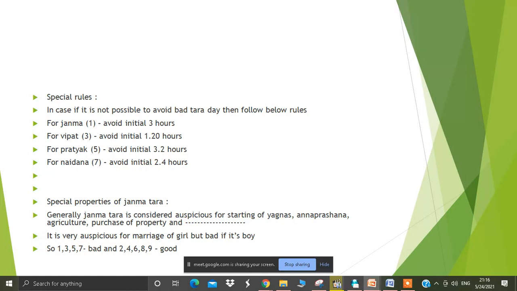So is it because Lord Rama was born in Pushya? Lord Rama was born in Punarvasu or Pushya? Lord Rama was born in Punarvasu Nakshatra, not Pushya Nakshatra. Or is it because Saturn is the overlord of Pushya Nakshatra?